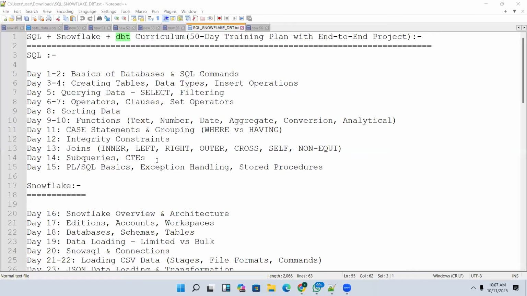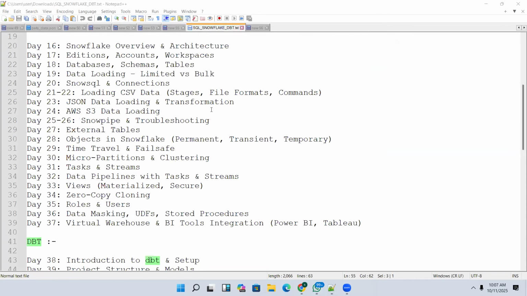I'm interested in the Snowflake course. How many hours is the whole course? See, compared to SQL and DBT, Snowflake has multiple concepts. To be frank, if I take a daily 1.5 hour session, it will take at least 20 to 25 days to complete this. This is a huge set of concepts. Why? Because you may not know what type of questions you may get from the interviewers.